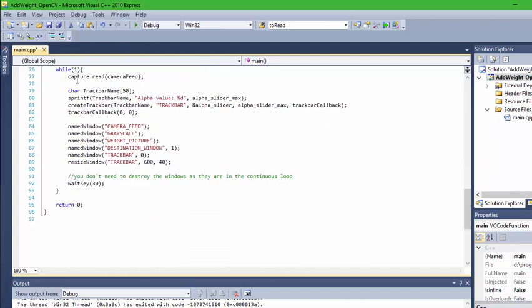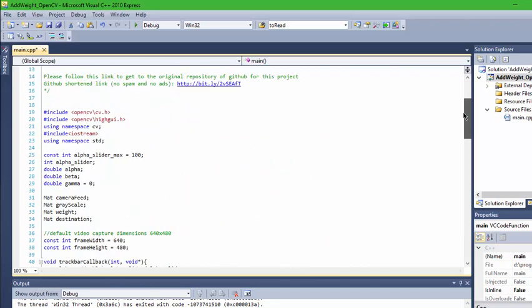Now you add a while loop here, and whatever the webcam is capturing, you need to transfer every single frame one by one into this camera feed Mat object. If you hover over this, it says Mat camera feed, which means that the camera feed is a Mat object, which we have defined globally over there.